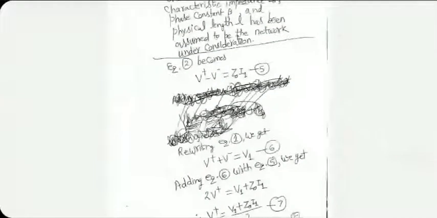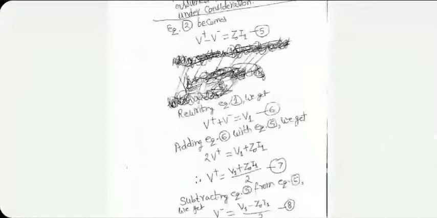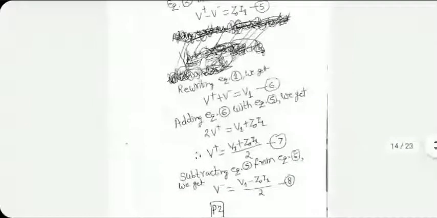Now what happens is, at the input end, you have got the two formulas V1 and I1. You can reverse the formulas and try to figure out V plus and V minus in terms of V1 and I1. And similarly at the output port also, try to figure out V plus and V minus in terms of V2 and I2. That's what I have done here. And even at a point in between input and output port, anywhere else on the transmission line, same thing can be done. V minus and V plus can always be written in terms of V and I at that particular position.